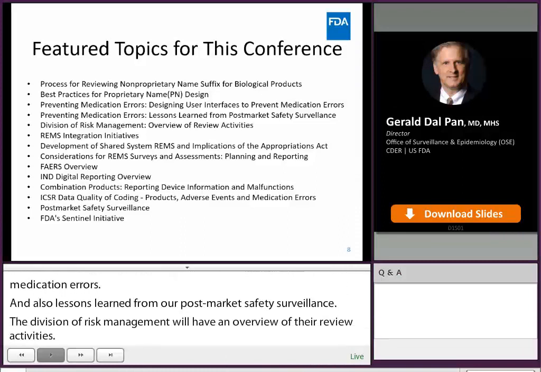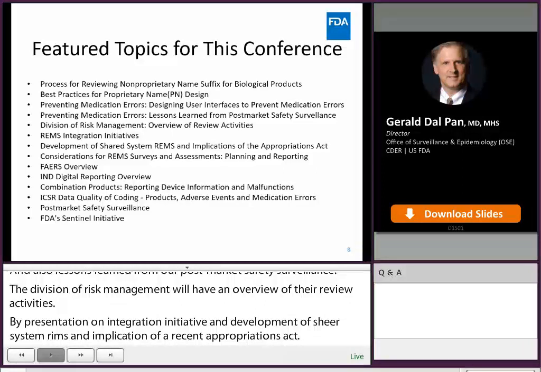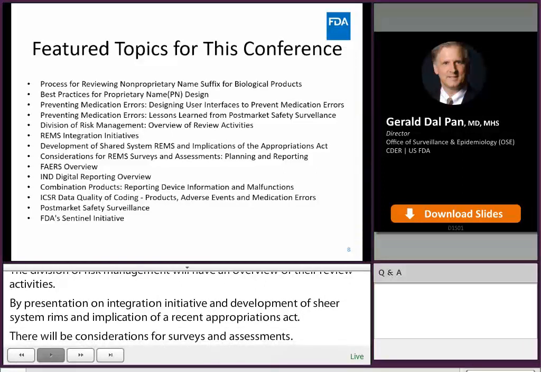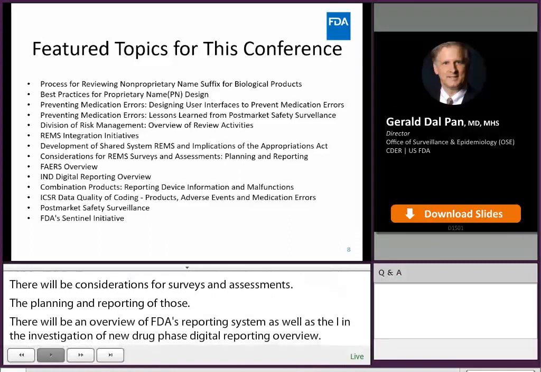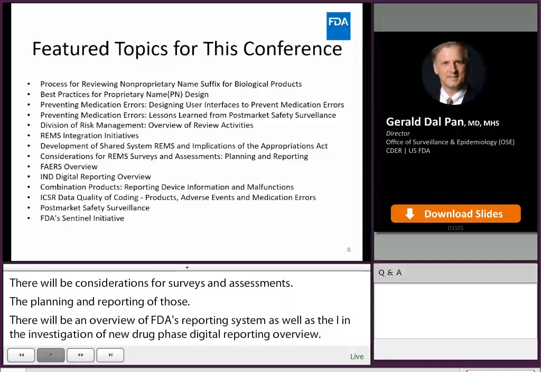There'll be considerations for REMS surveys and assessments, the planning and reporting of those. There'll be an overview of FDA's adverse event reporting system, as well as the IND, Investigational New Drug Phase, digital reporting overview. We'll talk about reporting adverse events for combination products, specifically reporting device information and malfunctions for drug-device combinations